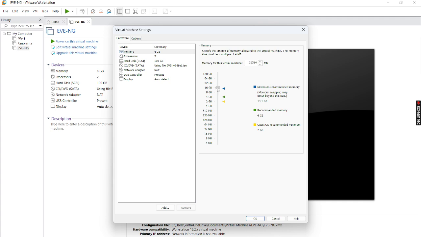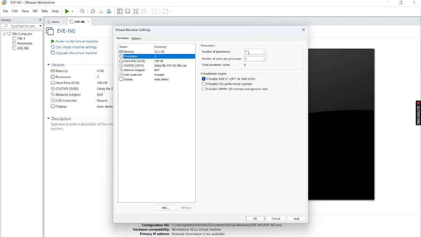Okay, and we can add 12 GB. Okay, and also the processor, we will be going with the default, or if you want, we can also increase it, but some virtualization will not support that, Intel VT or AMD. Okay, my laptop is not supporting virtualize Intel VT-x or EPT, so I am disabling this.